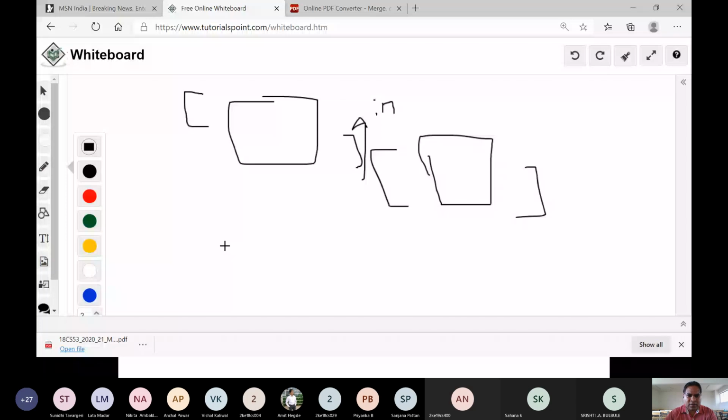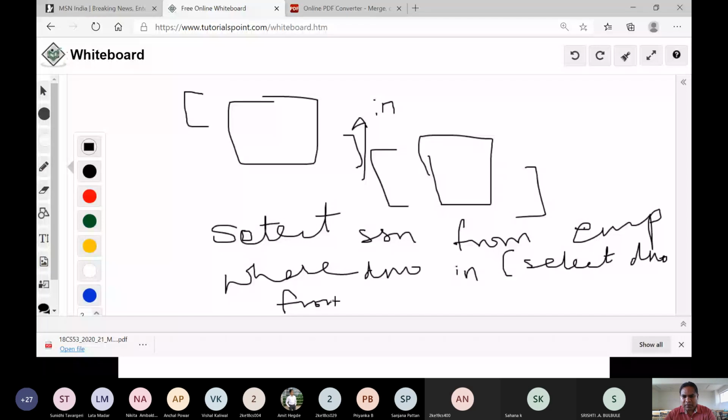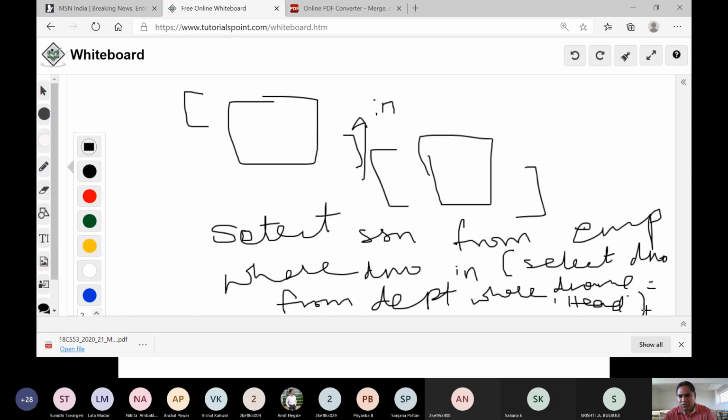Say I will write select SSN from employee where D number in, and I will write one more query here: select D number from department where D name is equal to say head office. Okay, so this is my query.